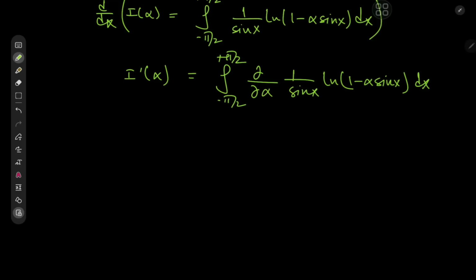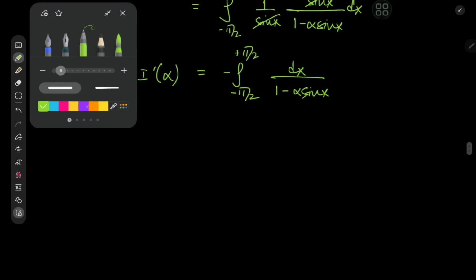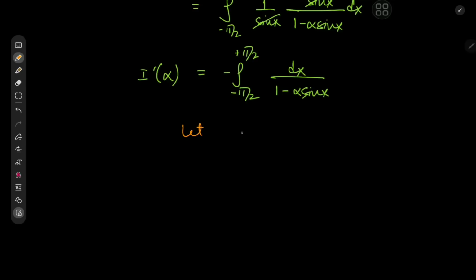Now, because the sine function is a constant here for differentiation purposes, we have the integral from negative to positive pi by 2 of 1 by sine x, and differentiating the logarithm gives us 1 over 1 minus alpha sine x. And by the chain rule, we have negative sine x up here. Some nice cancellation. So we have negative integral negative to positive pi by 2 of dx divided by 1 minus alpha sine x, which is quite nice because this is a standard sort of integral we can solve using the Weierstrass substitution. So we'll just let